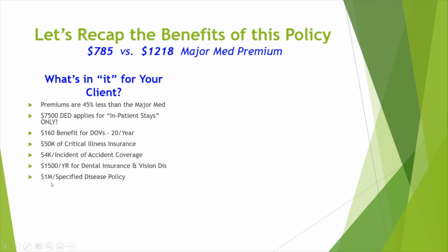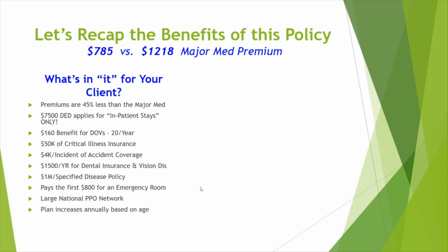We have a $1 million specified disease policy. Now, that specified disease policy, just to let you know, was not included in the premium up here. If you wanted to add that specified disease policy into that premium, it is about $96 more. Pays the first $800 for an emergency room. We have a large national PPO network. The plan increases annually only based on age, and the plan pays multiples of the RBRVS, or the Medicare